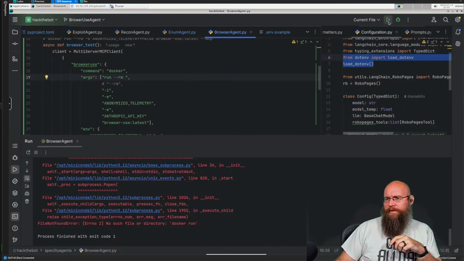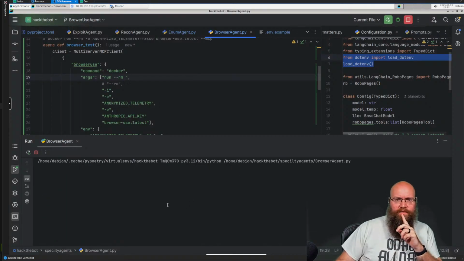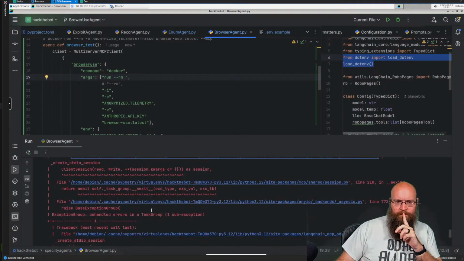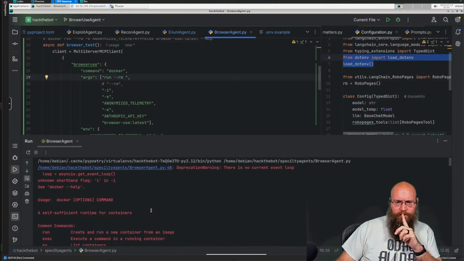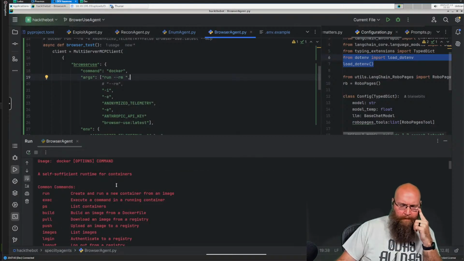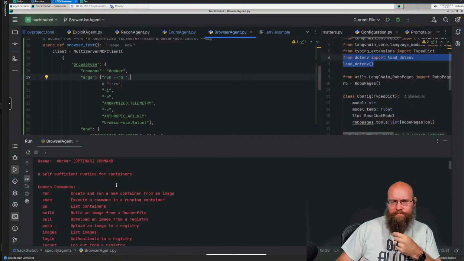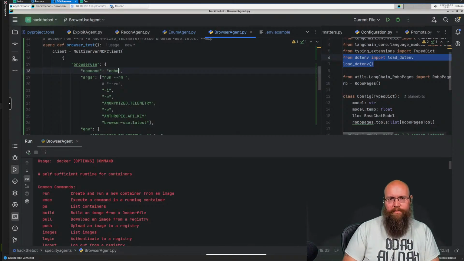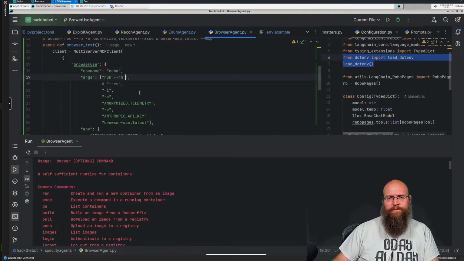So when we run it with this configuration, it's saying, we're getting the help like, hey, we don't know this shorthand flag. I'm going to try something dumb, because dumb is my specialty.